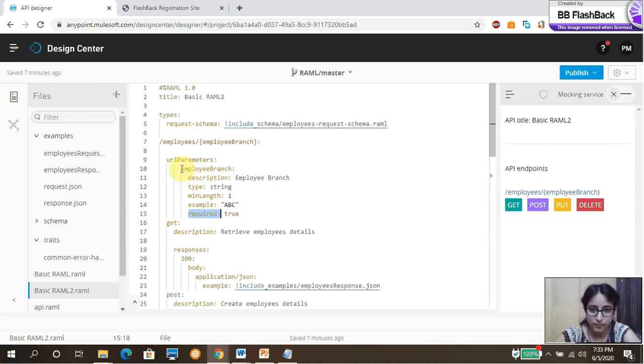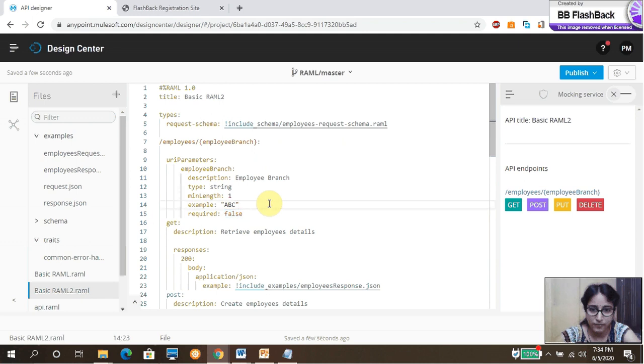If the field employee branch is a mandatory field, you have to write required true, and if it is an optional field, you have to write required false. This field will behave like an optional field as we have declared false. So this is all about the URI parameter, guys.